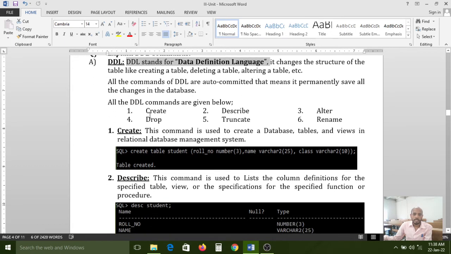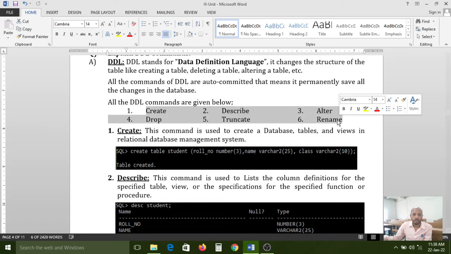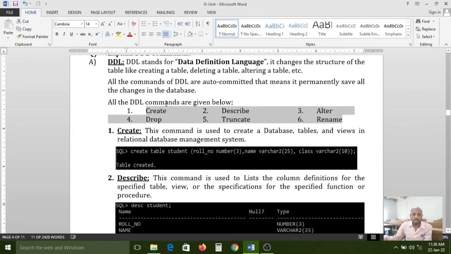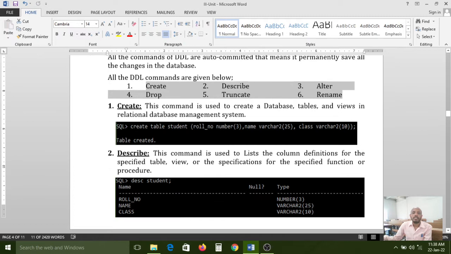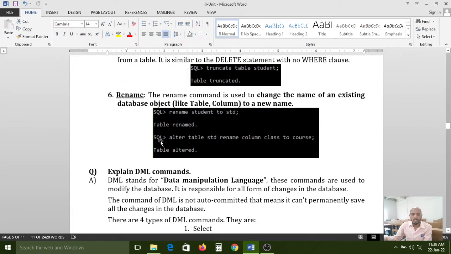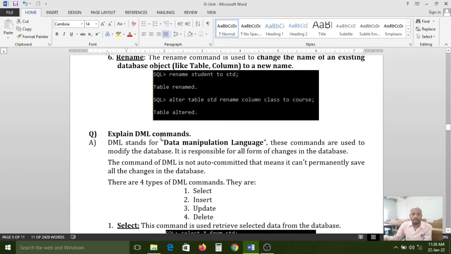How many DDL commands we have? 6 DDL commands: create, describe, alter, drop, truncate, rename. In the previous class, we executed all these commands practically. You had better practice at home; then only will you get clear awareness of how to use the commands.